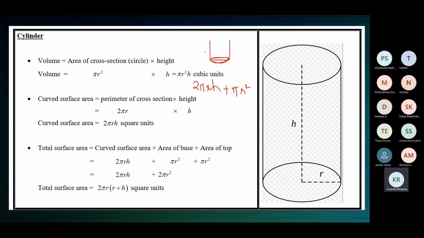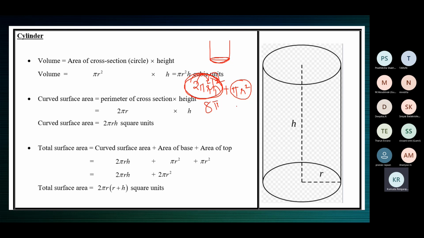So if you have to find the total area to be painted, then it will be the curved surface area plus the area of the base. The base is a circle, so pi r square. Find the curved surface area separately, meaning you'll have to put the values of r and h. Supposing r is 2, h is also 2, for example. So 2 into 2 is 4, 4 into 2 is 8, 8 pi. It will be 8 pi.